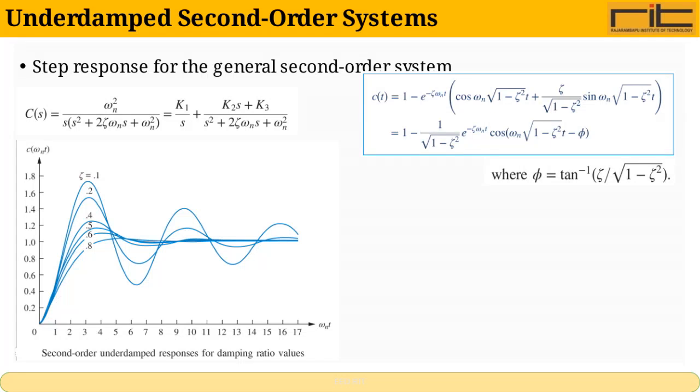Now, let's look at the step response of an underdamped second-order system. In such systems, the response to a step input doesn't just smoothly rise to the final value. Instead, it oscillates around that value before eventually settling. This behavior occurs because the system has complex conjugate poles with negative real parts, which means it experiences both oscillation